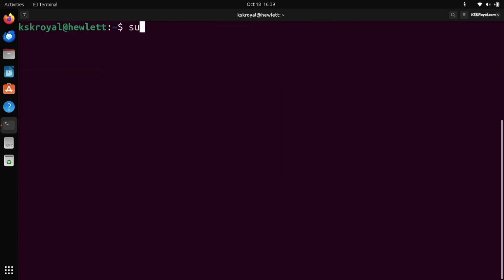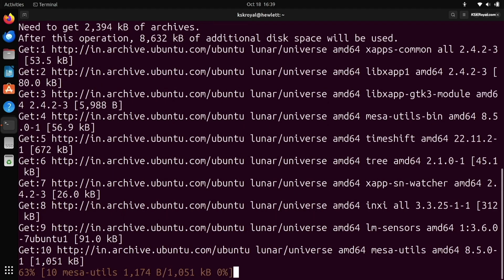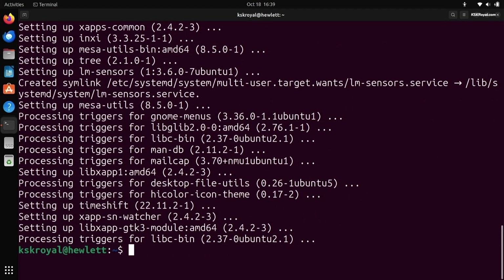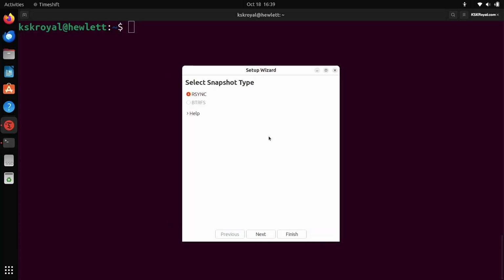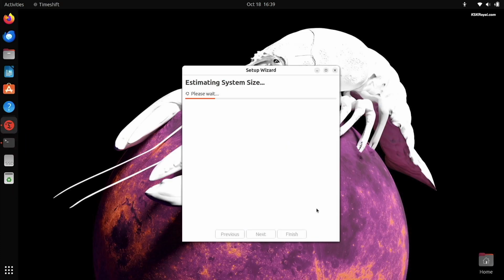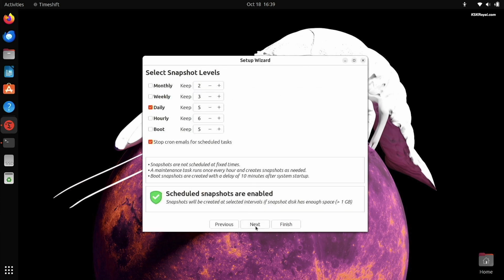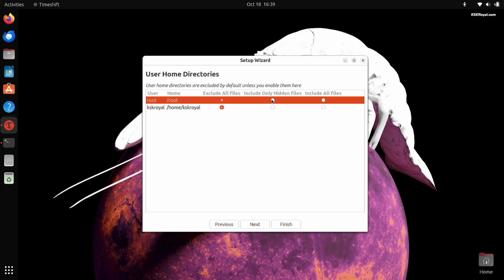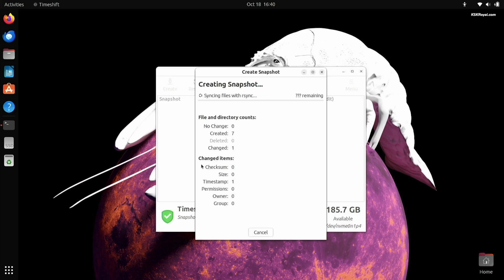Once it's done, install Timeshift, a backup tool that allows you to capture snapshots of your system. This backup will be used if anything goes wrong after installing the Mac OS theme. Now ensure that the backup of the entire root system is under user directories. Now click on Capture to take a snapshot of the current Ubuntu state.